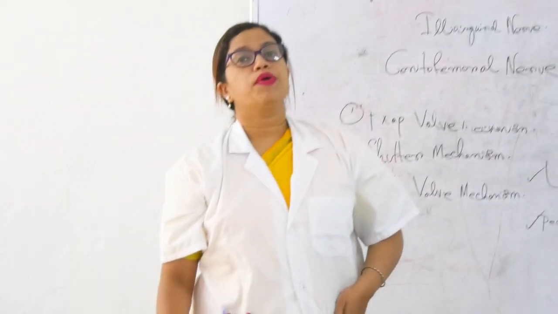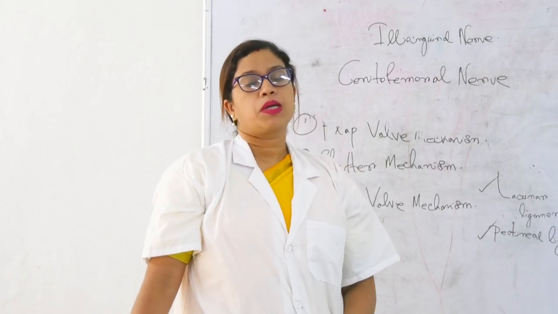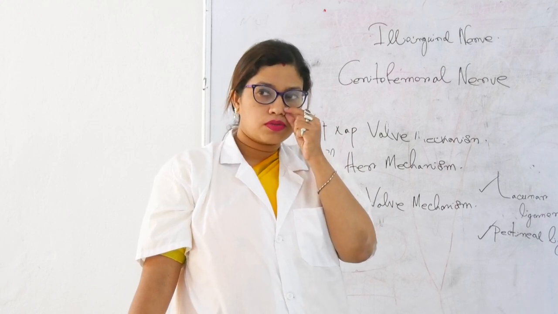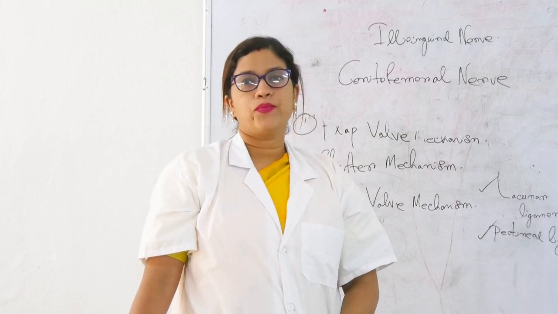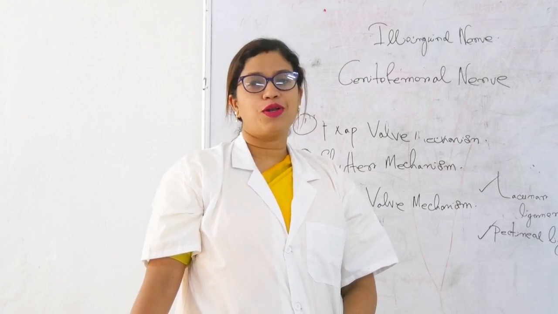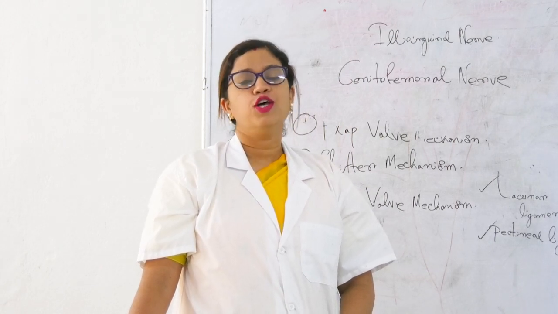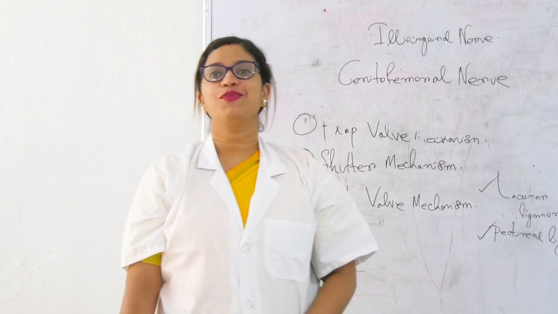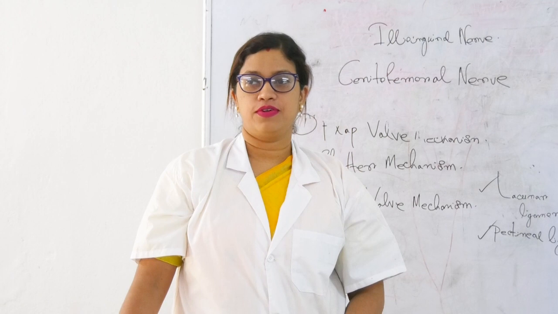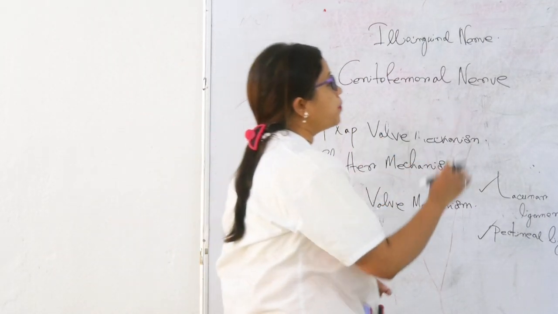Which is the content of the femoral triangle? Femoral vessels and the femoral branch of the genitofemoral nerve. The femoral triangle is over, you have already done it in the semester, so I may confuse you. You have to be confident. So it is the femoral branch of the genitofemoral nerve. This is about the two types of triangle.